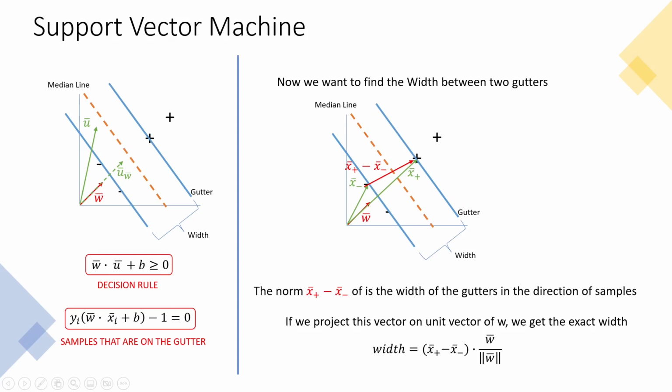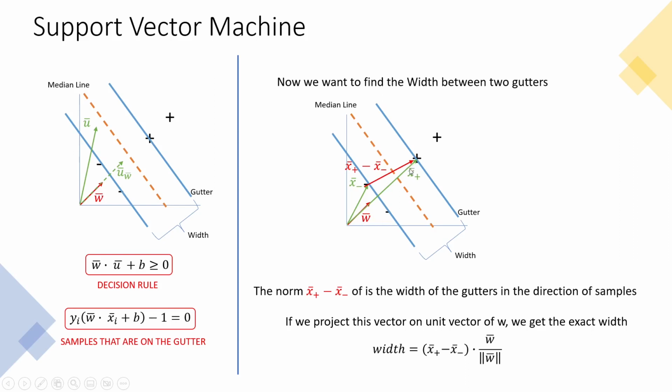Now we want to find the width between two gutters. So these are two gutters. In order to find it, we need two samples. One negative sample that is on the gutter, okay, and one positive sample that's on the gutter. Let's create two vectors for that. Okay, like this one. This is the negative vector, x minus vector. This is the x plus vector. Okay,